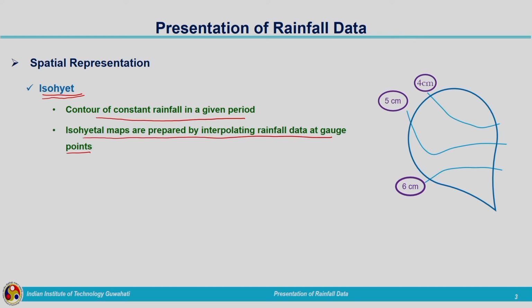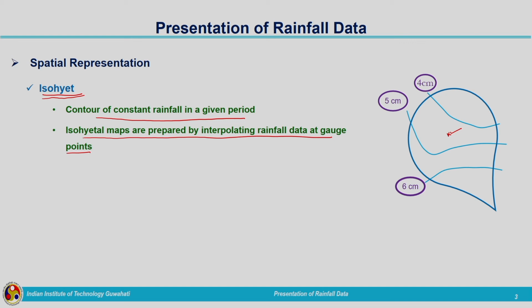So, if we want to get the rainfall at this particular location, that is coming between the isoheights of 4 centimeter and 5 centimeter, we can find out the average of these values, 5 plus 4 divided by 2, for getting the value corresponding to this particular point. So, averaging of the rainfall values corresponding to 2 isoheights will be taken for getting the spatial distribution of rainfall